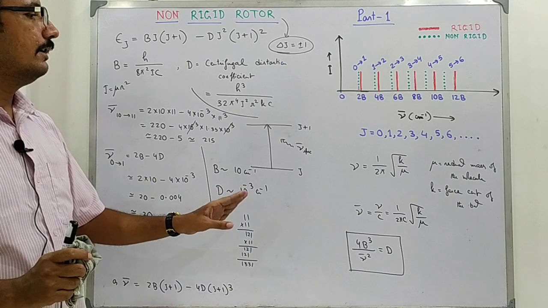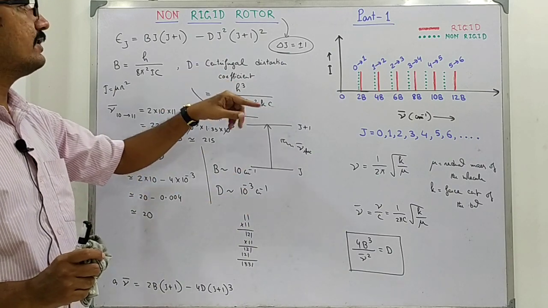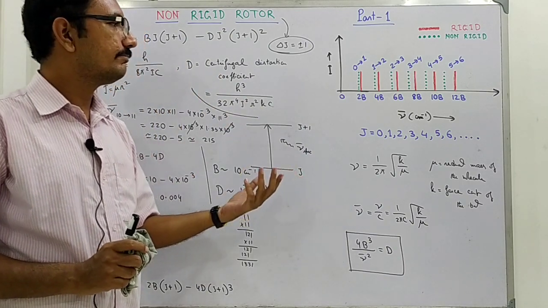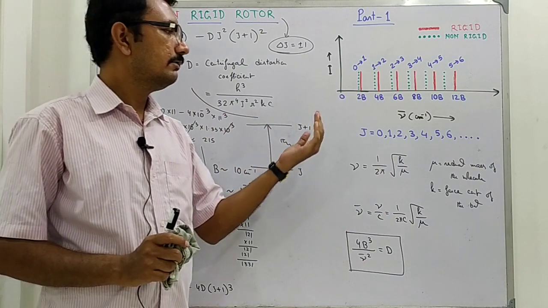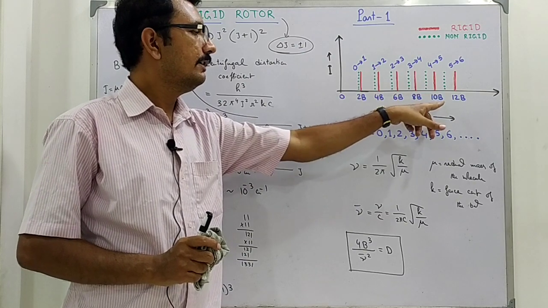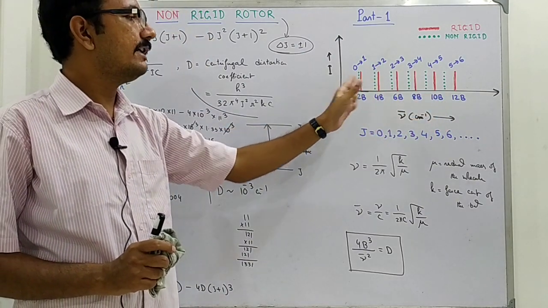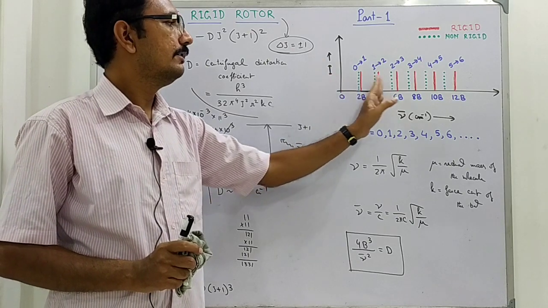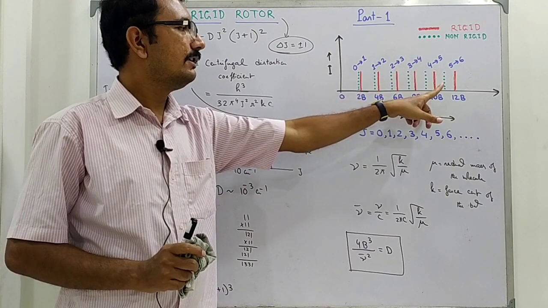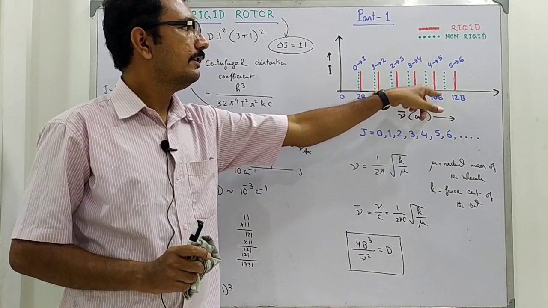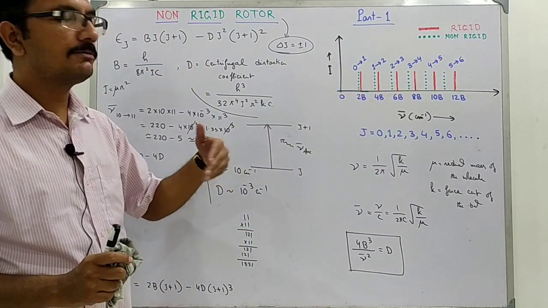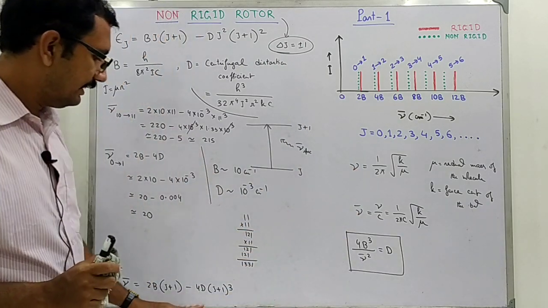So, this is about the rotational spectrum of the non-rigid rotor. What we have actually seen is that the rigid rotor will give the spectrum at these positions, that is the red lines, and for the non-rigid rotor there will be a slight displacement towards the left of the spectrum with respect to the rigid rotor. See these green dotted lines that represent the non-rigid rotor,